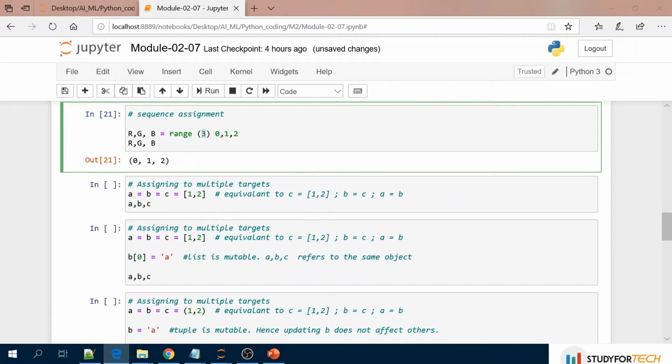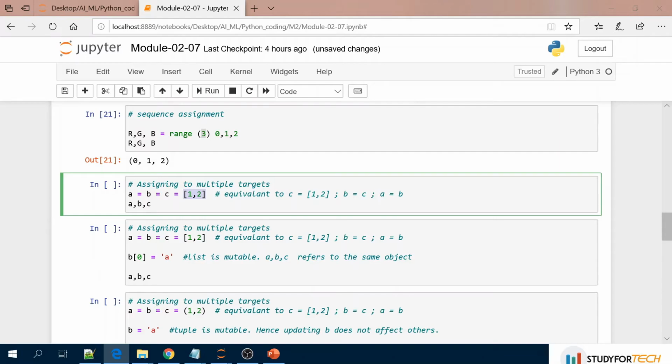Now if you see here, I am assigning A equal to B equal to C equal to 1 and 2. This is a list. This is nothing but equivalent to C equal to this list, and then assigning C to B and then B to A. If you do not want to do this, if you are lazy, then you can just write it in one line. Python gives this much flexibility to write in a single line.